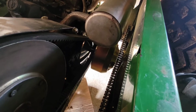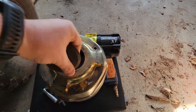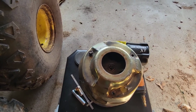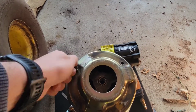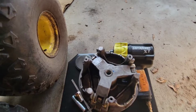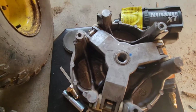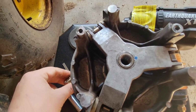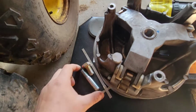So to pull that, you have to use a special tool that basically screws a 9/16 by 18 fine thread bit to basically push the whole clutch off of the shaft. So this here is that 9/16 18 thread bit. You could use the special tool, something like $30 or something like that, or